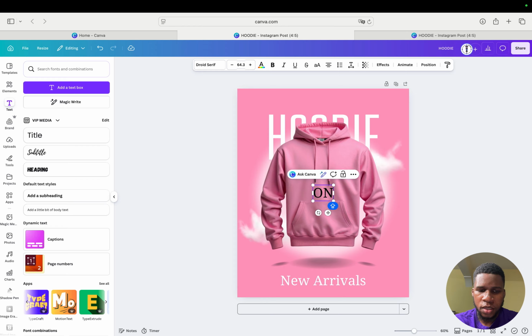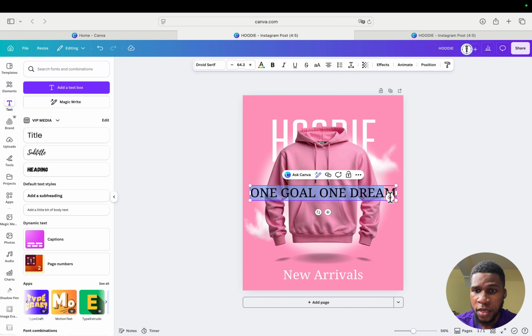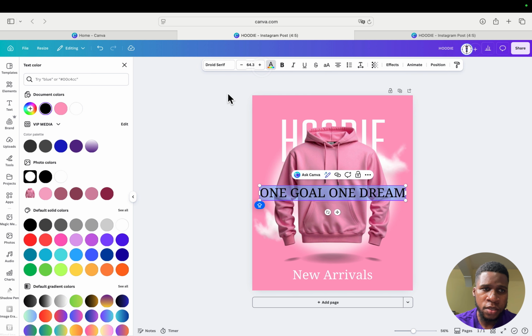one goal, one dream. All right, so we're going to change the font color of this. Let's highlight our text like so, and then we're going to change the text color to white, and